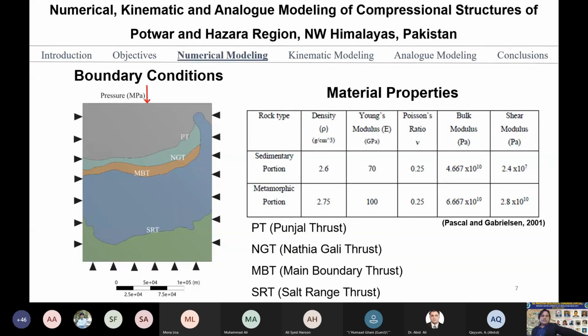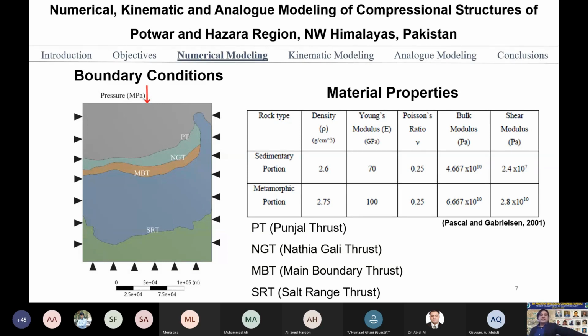There are some boundary conditions on that geometry. I applied a force from the north side and fixed all 3 boundaries. Please note that these 3 boundaries are not bounded in all aspects. These are bounded in the x-axis and y-axis, where I allowed the stresses to pass through the y-axis, but restricted them on the x-axis side.